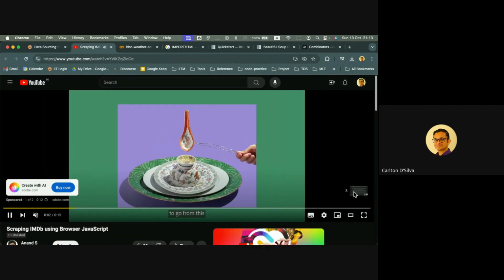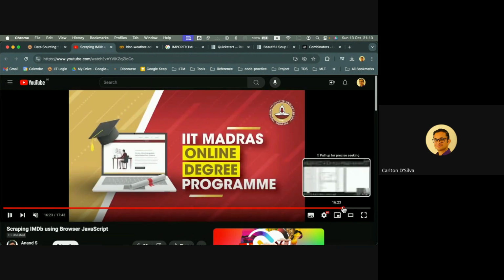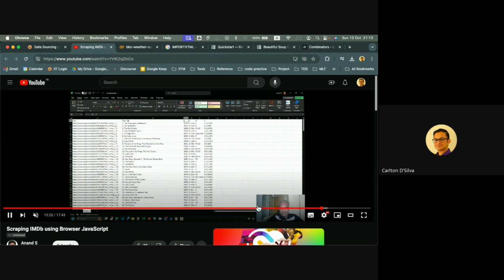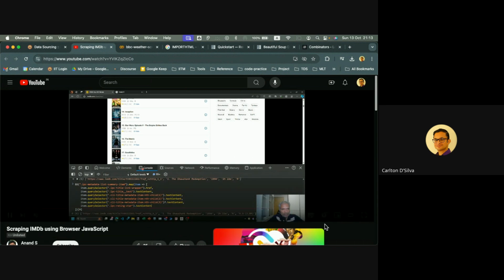So the cheat sheet that I'm talking about